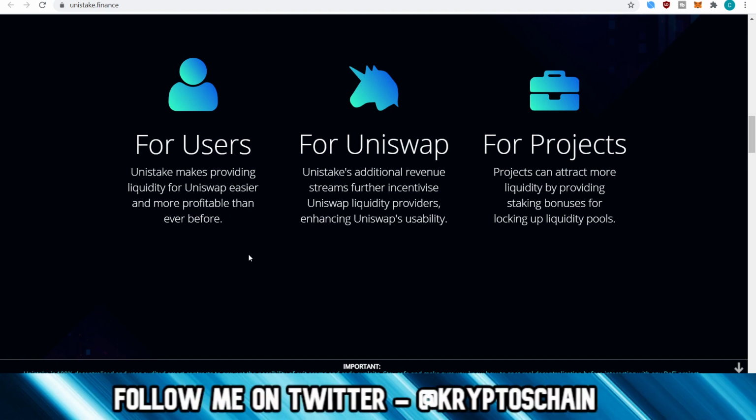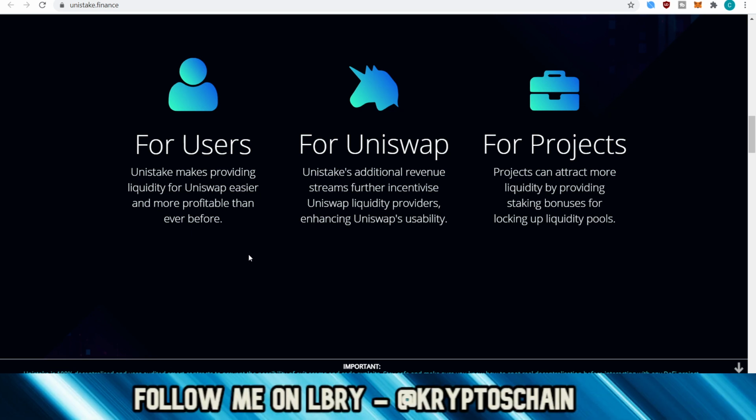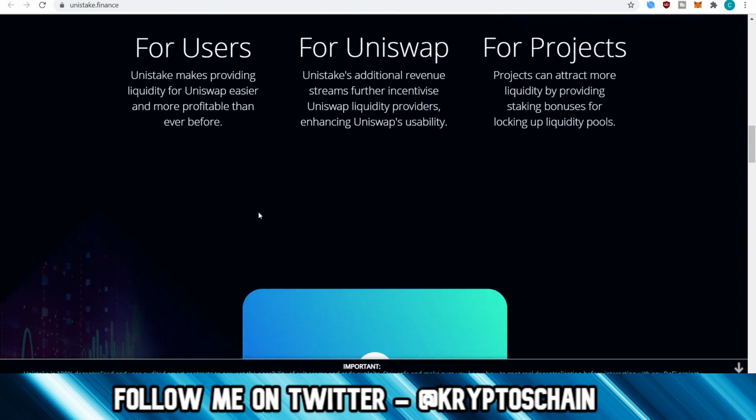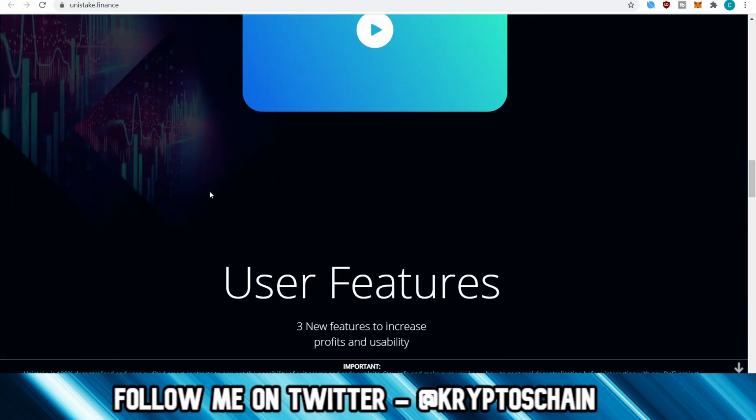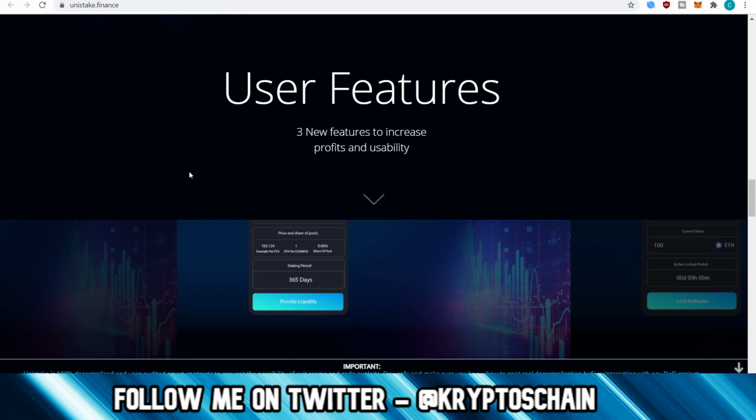Now, why is that awesome? Well, think about those projects which are launching their tokens. Maybe they don't have so much in circulation, and because of that, it could lack liquidity and have high slippage, right? So when people tend to buy, they tend to either pump the price too much or dump the price too much. And then of course that hurts the reputation of the project. So that's why projects like Unistake are very, very important to solve this problem. Aside from that, it also incentivizes the user and also the project. So how awesome is that?